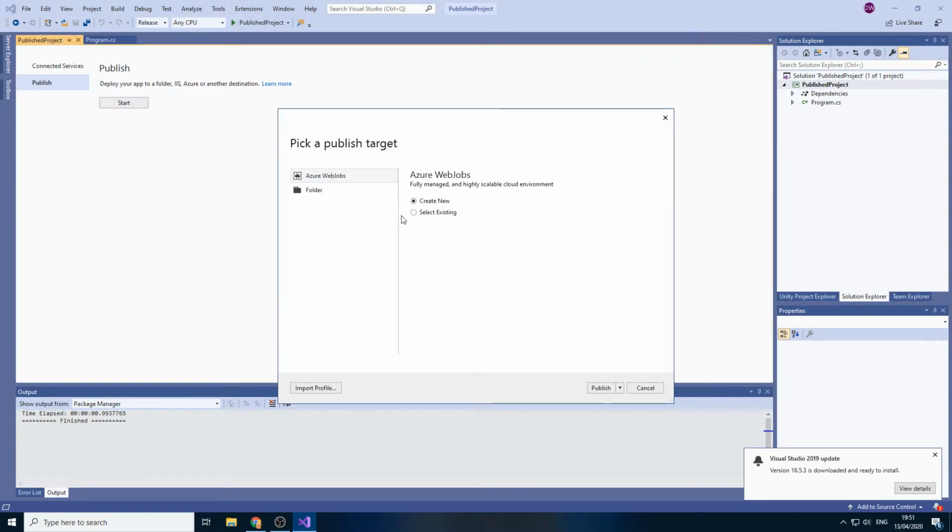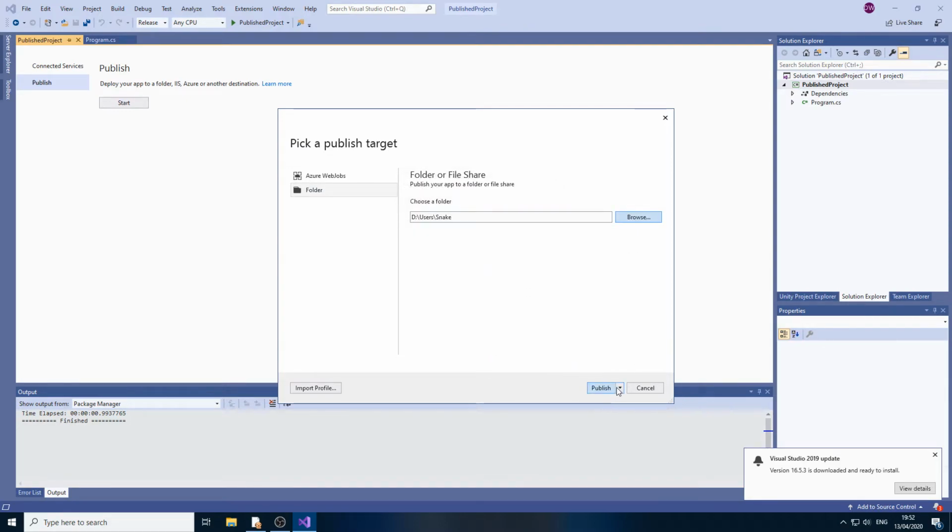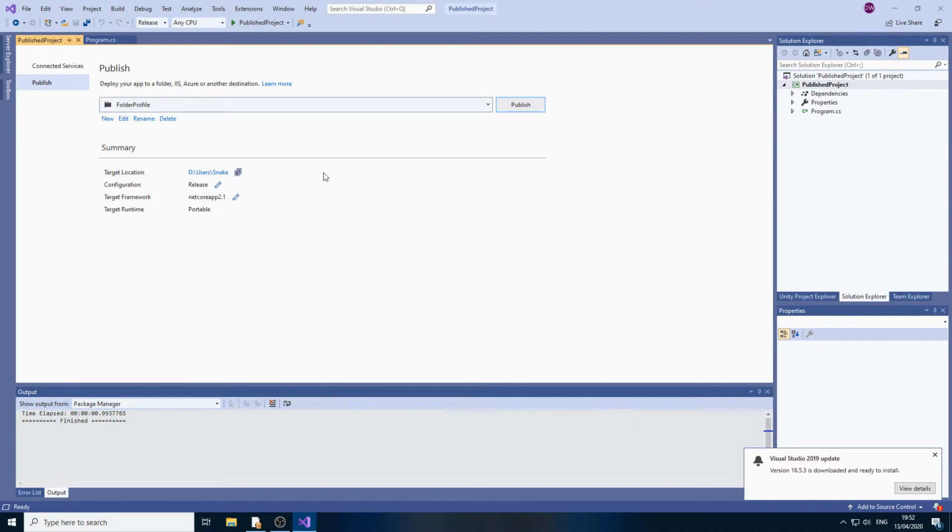Now here we'll have two options. One, we can push it to a cloud, so publish it as a cloud project, or we can push it to our folder, which is what we want to do. And then we have here publish. Yeah, we can choose a path, so I'm just going to do desktop, and we could press publish, but we're going to edit the profile